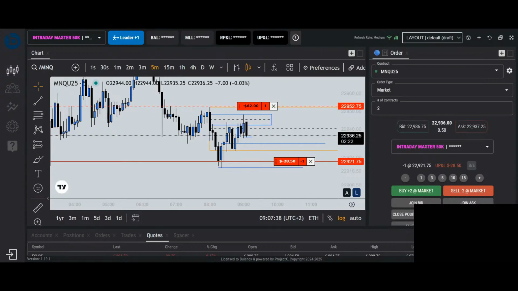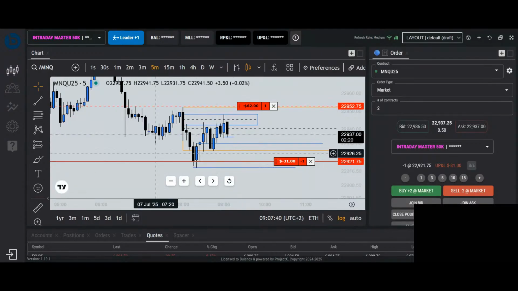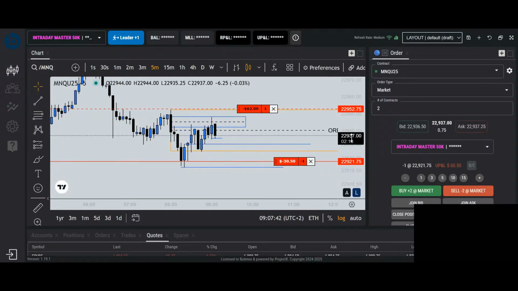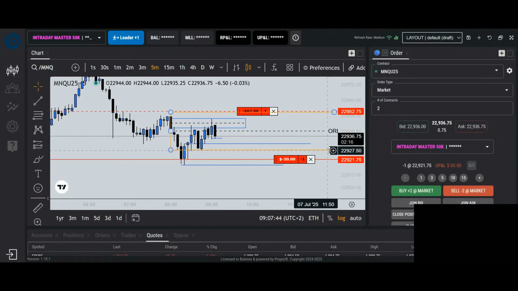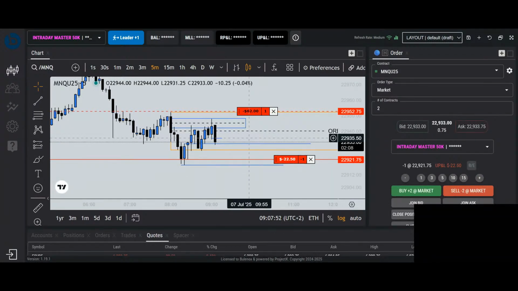I'm a bit more quiet today. I'm just watching the charts, actually watching how these candles print, because they do hold a lot of value for us to know what the market wants to do.